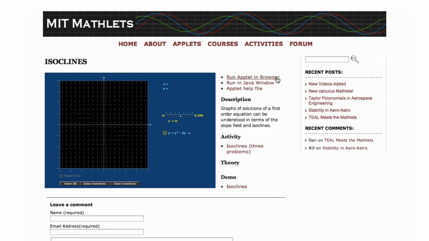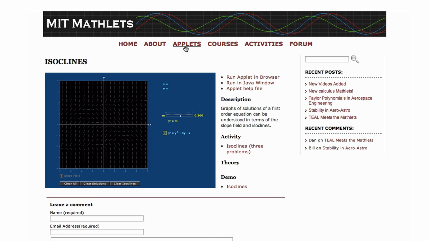The mathlet itself can be run in either the browser or in a Java window. Sometimes Java experiences conflict with the browser. If the mathlet doesn't run smoothly, try running it in its own Java window. Of course, if a JavaScript version is available, that's a better choice.